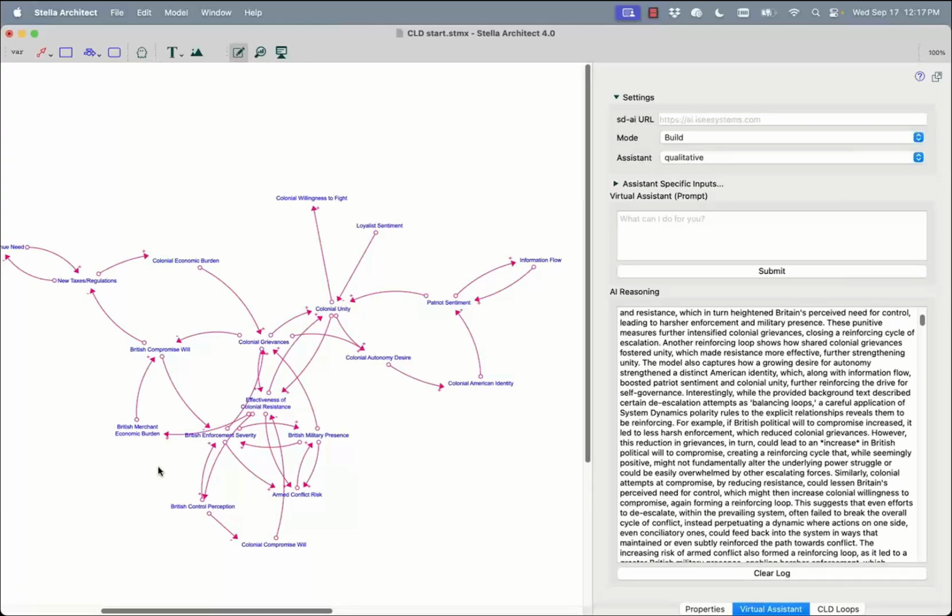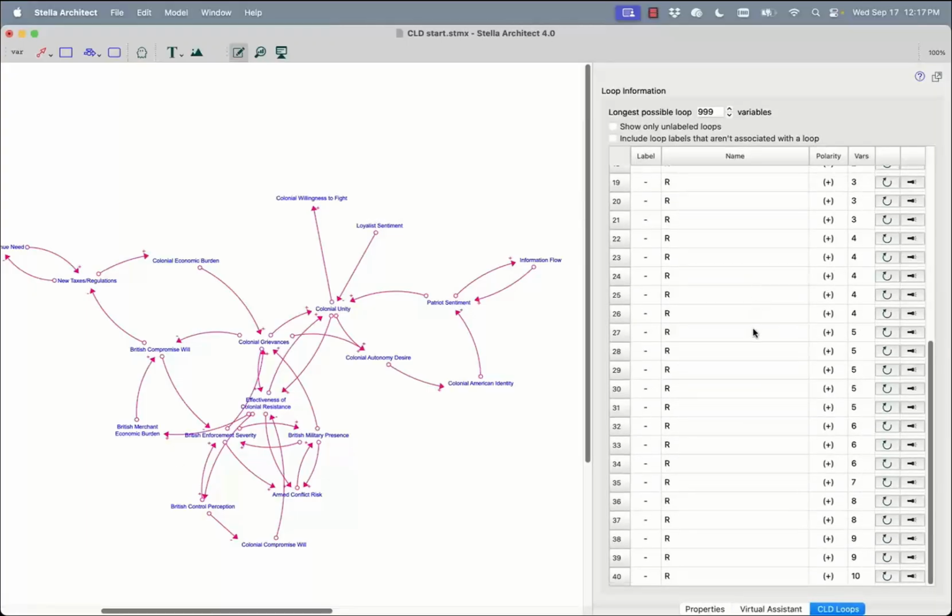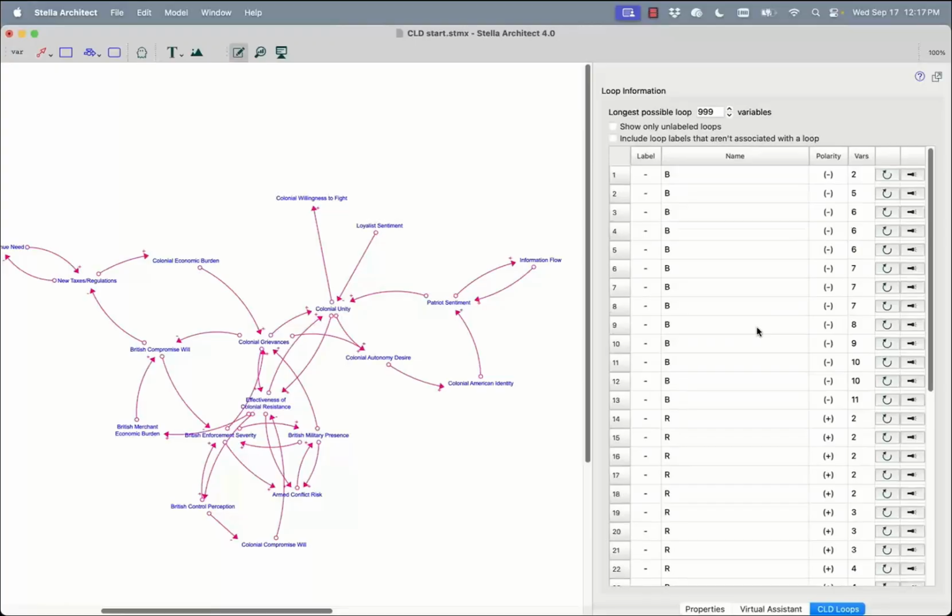We didn't follow some of the good rules of working with AI tools, which are the same good rules as building a model as a human. Those good rules are to break your problem down into small iterative steps and work piece by piece to build a diagram. So we can step through in the CLD loops panel the 40 feedback loops that the LLM generated